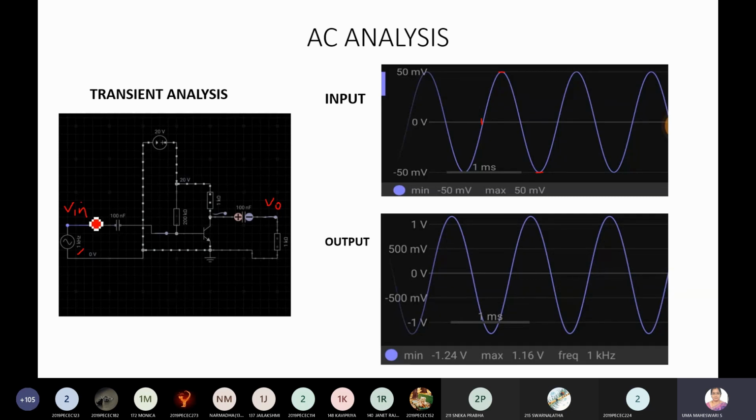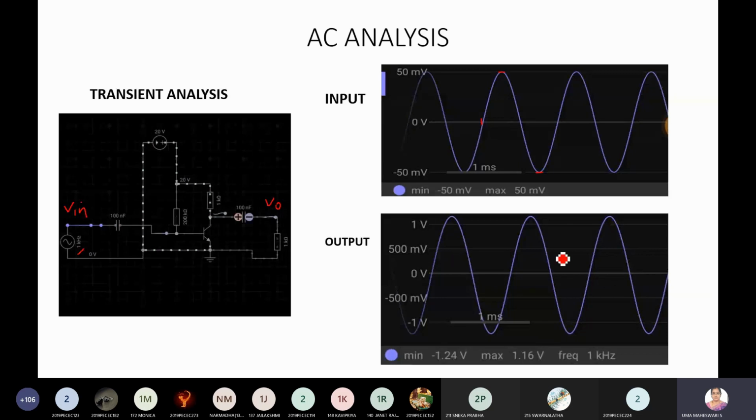That means when all the design, everything is done properly, you're going to get faithful amplification. What do you mean by faithful amplification? The shape of the input signal and the output signal should be the same. If I give a sinusoidal input signal, my output should also be a perfect sinusoidal signal. That means no clipping in any portion of the waveform. When you follow all the design procedure properly, you're going to get a perfect sinusoidal signal.